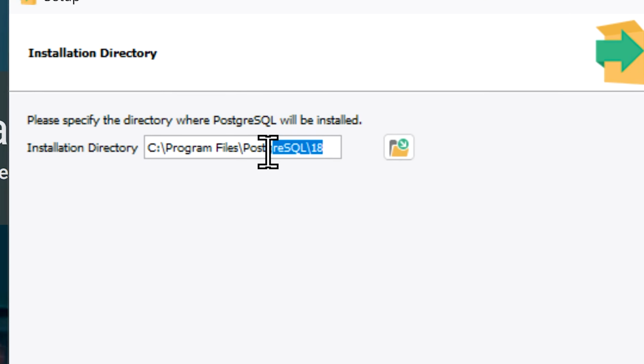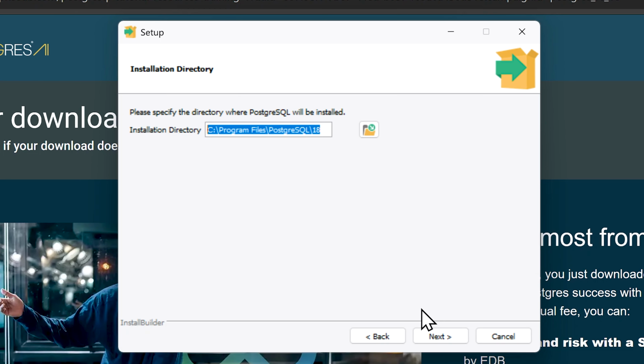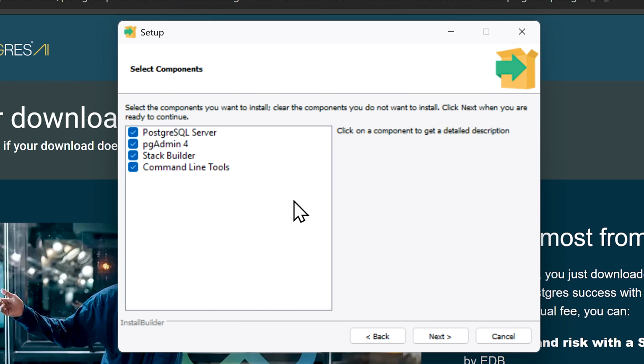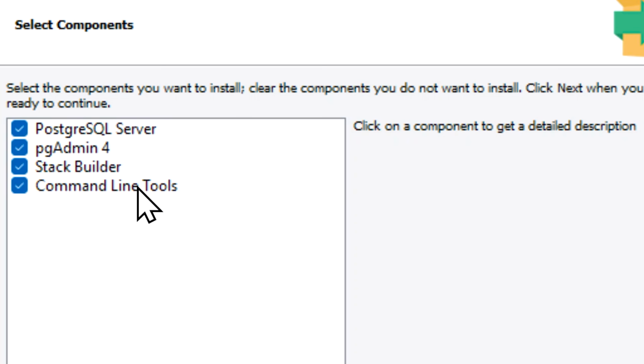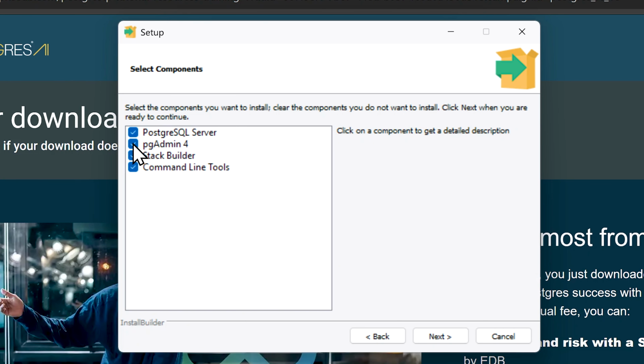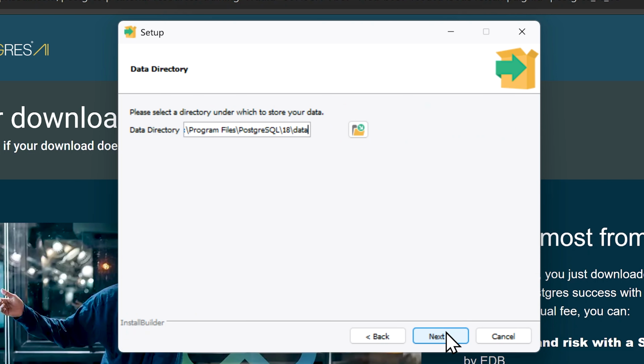Please make sure that you keep the installation directory as the default and click on next. And in here, please make sure that you have all the components selected, especially pgAdmin 4 because this is the graphical user interface we're going to be using so that we don't have to stare at a blank terminal. And click on next. Also, please make sure that you keep this installation directory at its default again